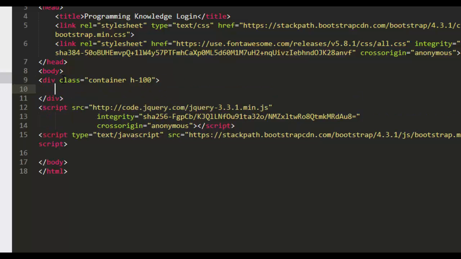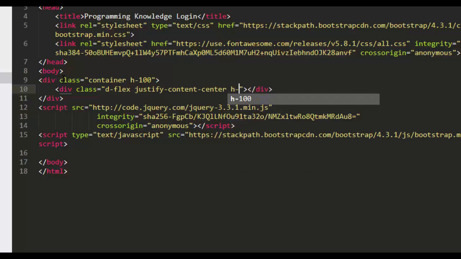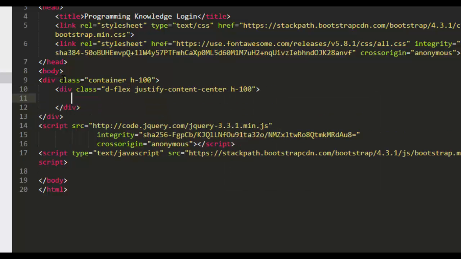This is specific for Bootstrap styles, and another div with the class d-flex with another class justify-content-center, and of course again the h-100, and another div with the class of user_card,